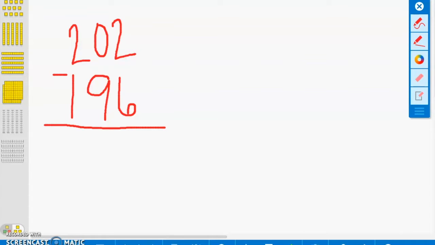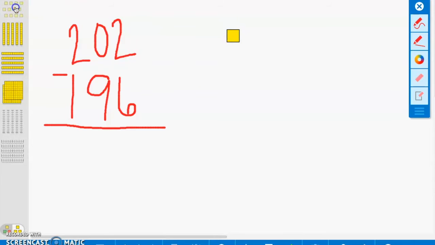First, the student would look at the problem, 202 minus 196. They would look at that number 196 and then they would count up to get to the number 202. They would add one single cube for every number they said. They would start at the number 196 and count up